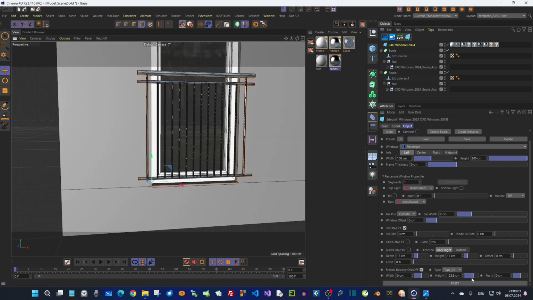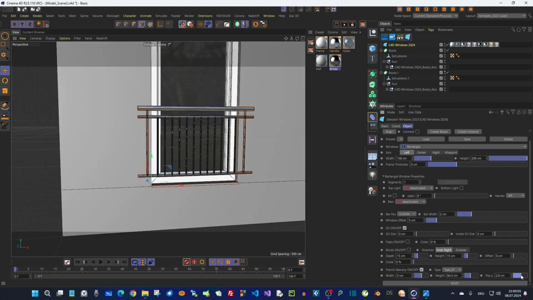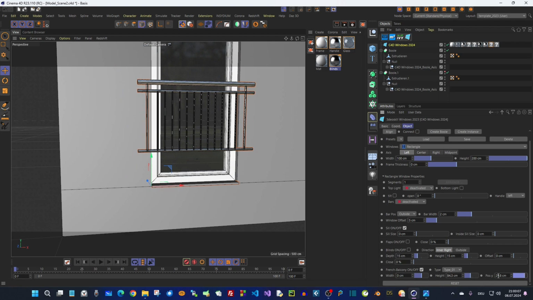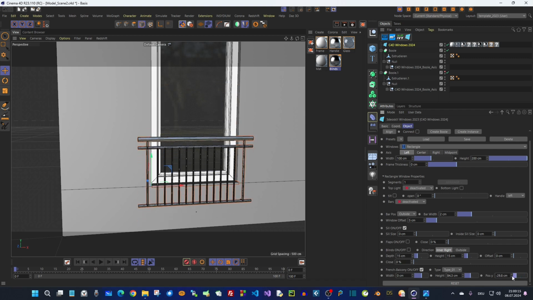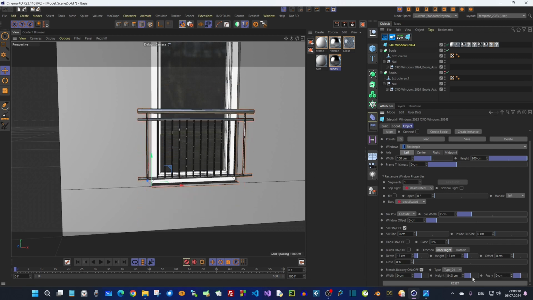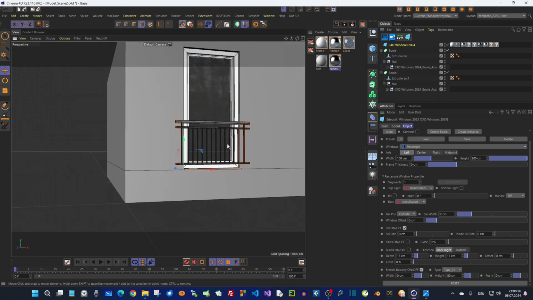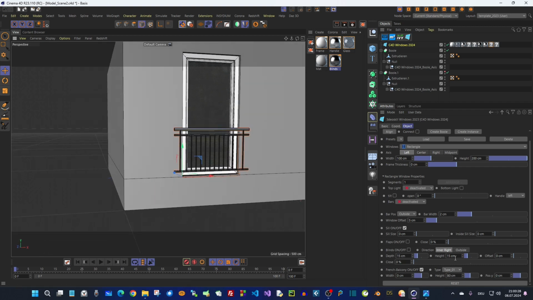So if you adjust this height, so if you change the position, of course you have to add this value to this value to get this height. So yeah, let it 0, so it's the best thing here. So you can change a little bit the height, and maybe here. I think a parapet height of 80 is good for this window type. So this is this, and also there is another